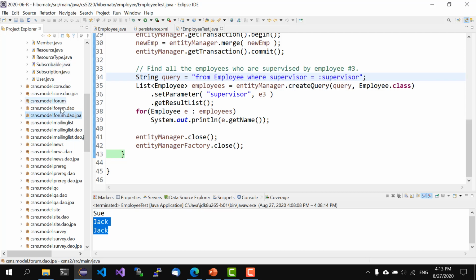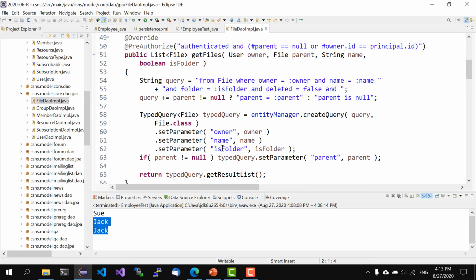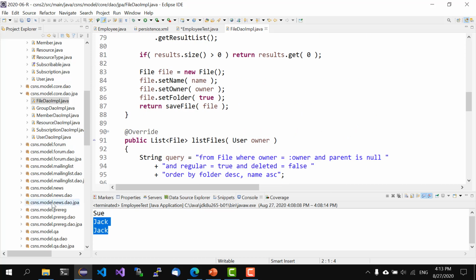Those are DAO implementation classes using JPA. For example, if you open up file DAO implementation.java, you'll see a bunch of queries that query the file class. So there are many examples in CSNS2,